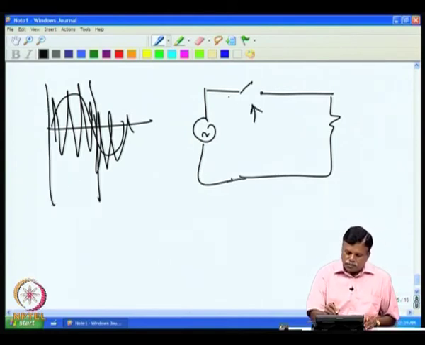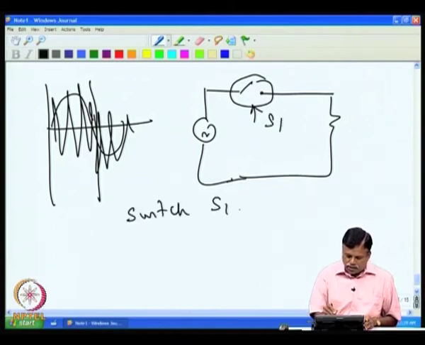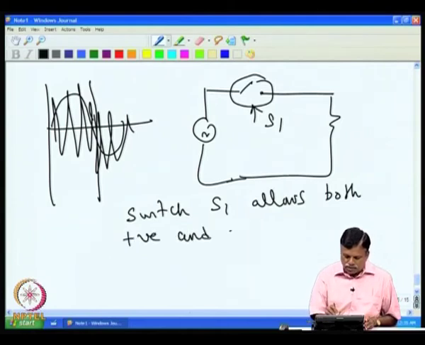It allows both positive and negative during the on time. So, switch S1 is a bilateral switch and allows both positive and negative